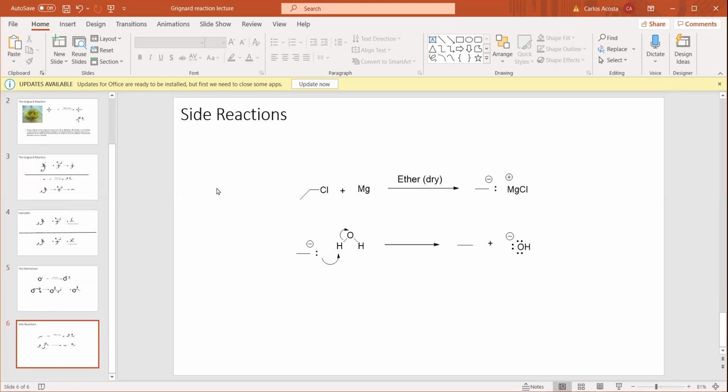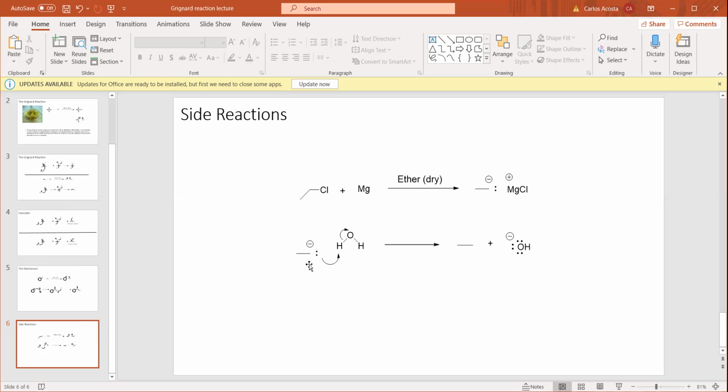Now, side reactions. So remember, I stressed that the ether needs to be dry. All the conditions when you're working with Grignard reagents need to exclude water or any other protic solvent that could easily act as an acid. And this is why. So let's say in our first step, we make our Grignard reagent flawlessly, but then somehow along the way, some water is introduced into the reaction. So what's going to happen is we're going to take our Grignard reagent. We have to remember that